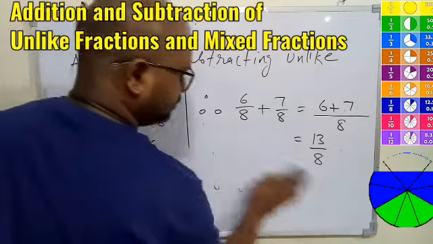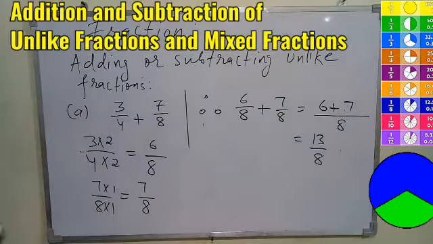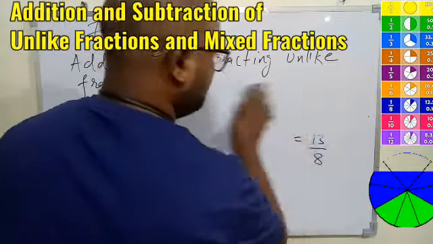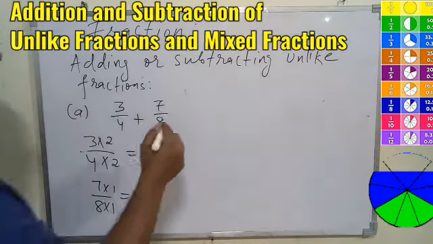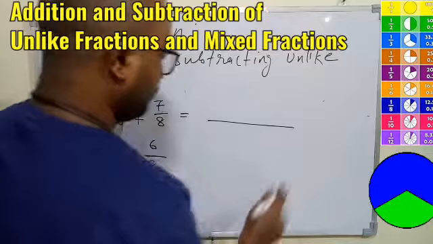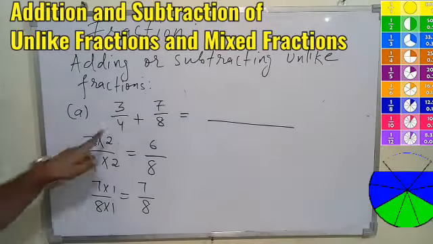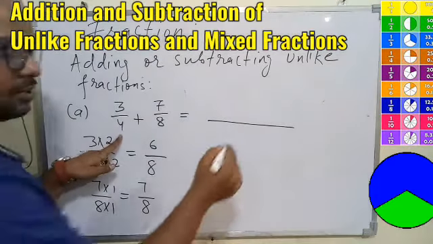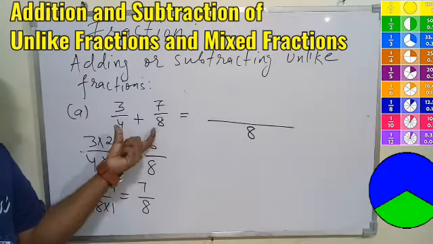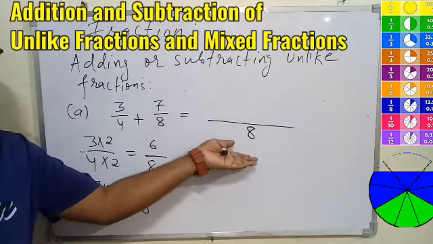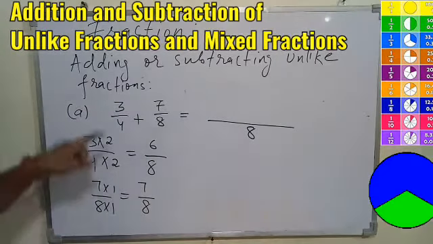Okay, so this can be shown in a different way also. After we found the LCM, we did this, but we can directly do it here without going for this long process. What we got? LCM 8. So write the LCM here. We found the LCM of 4 and 8, that was 8. So write 8 very first in the denominator.